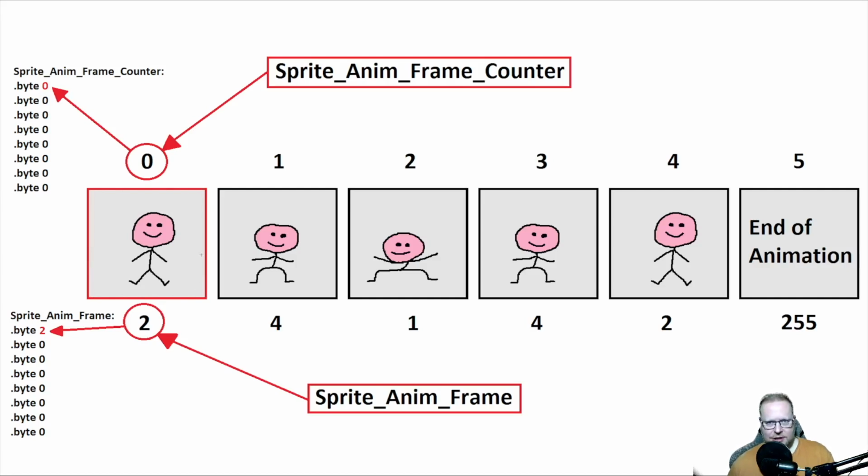And when that's done, we go over to the next frame. So that's why we increment whatever number is in here. So now we go from 0 to 1, so this number is going to be 1 now in sprite anim frame counter,